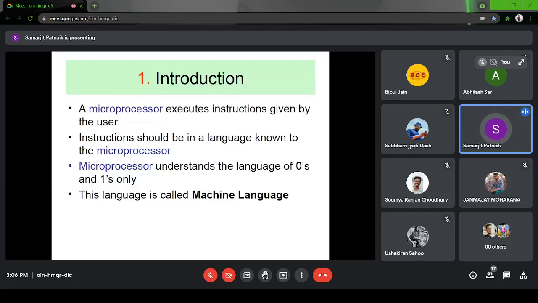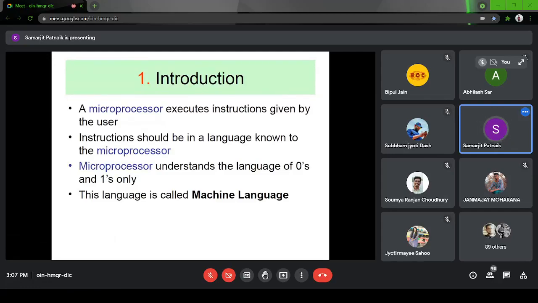Let it be a PID controller, a temperature sensor, or an AC: if the temperature reaches a certain point, it will switch off the compressor automatically. These are all small embedded systems. Like your washing machine, once you start it, it will spin the motor for maybe 5 minutes. Those kinds of programs are embedded in the system.